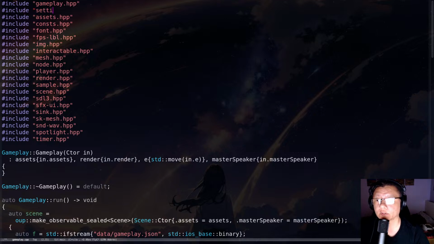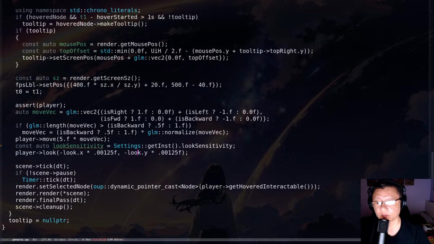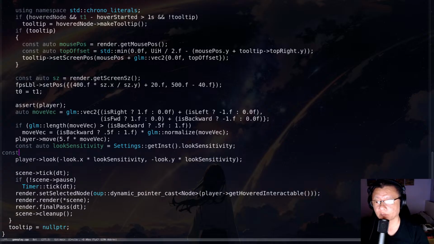Include settings.hpp, and y, inf y axis equals